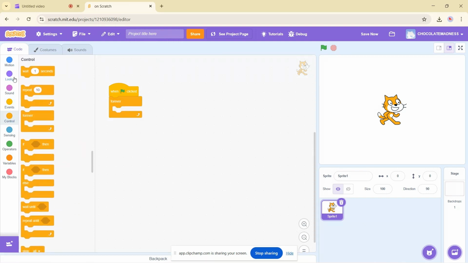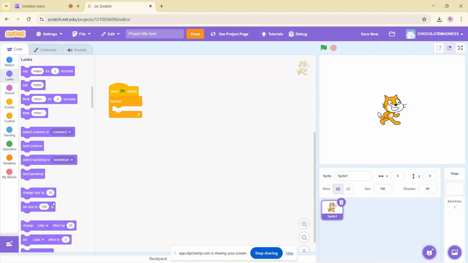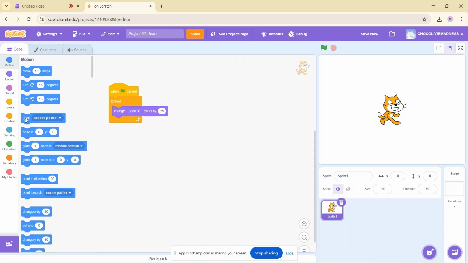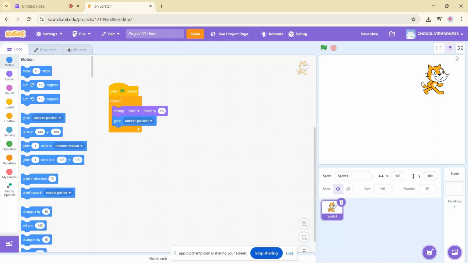Forever, we're gonna go to looks, change color effect by 25. See it is. And then this time I'm going to show you also go to random position, and now for the output,